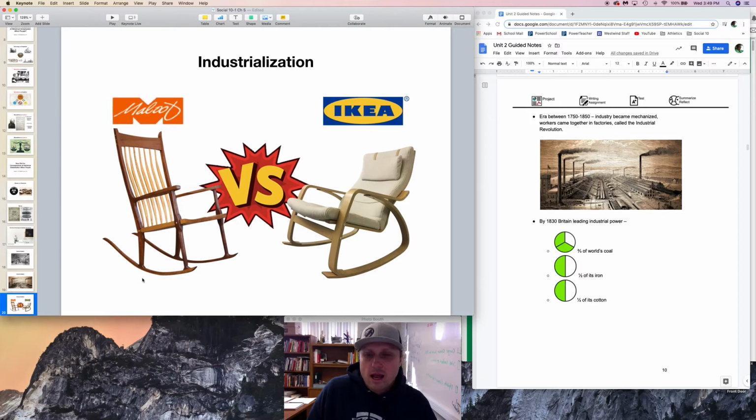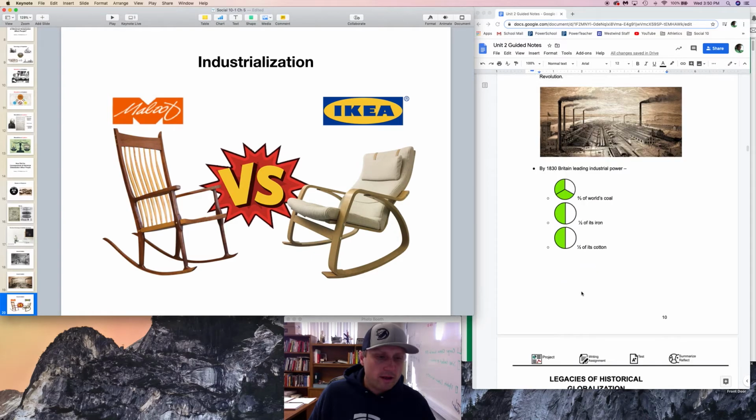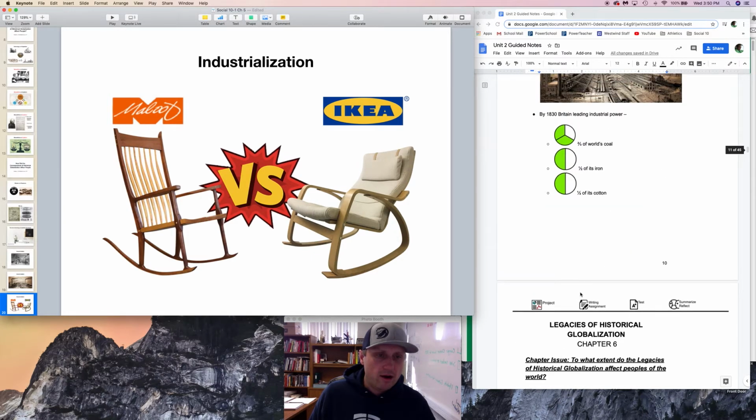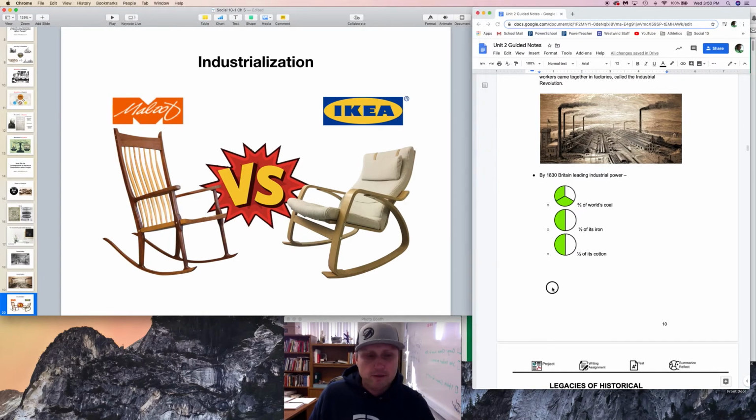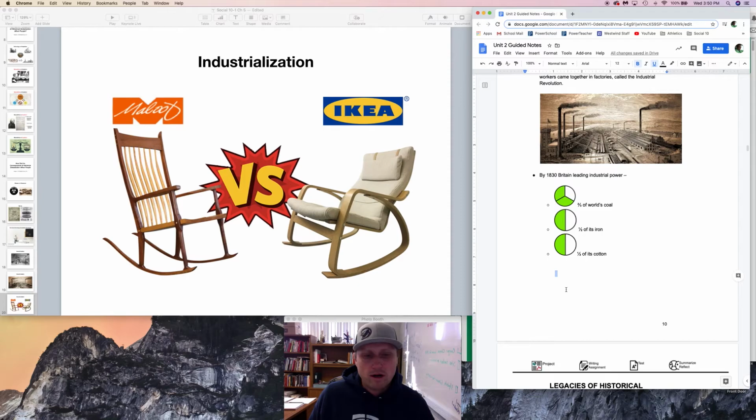$23,000. And over here on the right, you have the highest selling chair that IKEA makes. And this is a rocker that's pretty comfortable. I've sat in one before. The reason I bring up these two things is because you have two different models of production here. So in your notebook, somewhere here, this is the end of chapter 5. Somewhere on this, you might want to put Sam Maloof versus IKEA down here somewhere, because they represent good